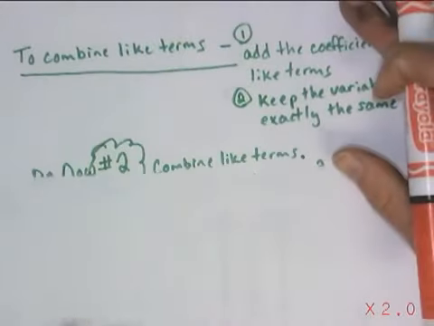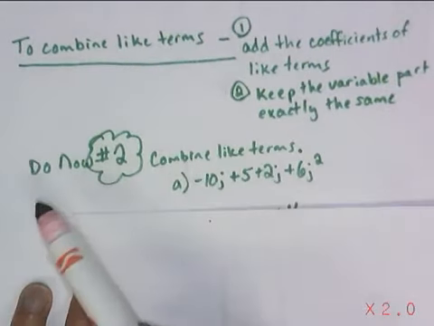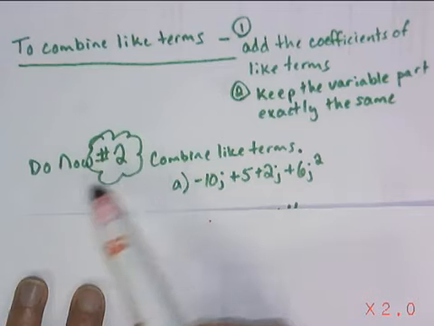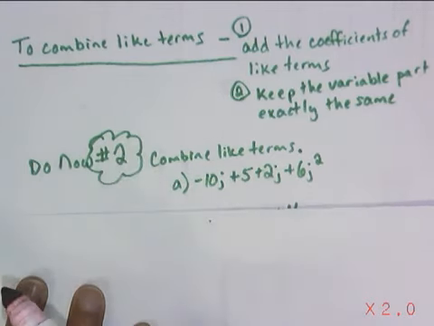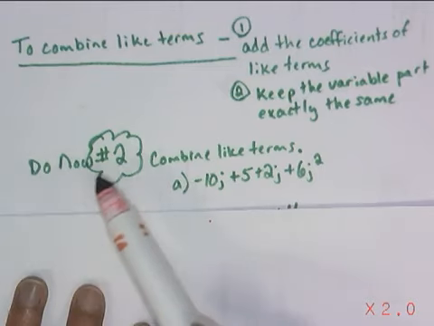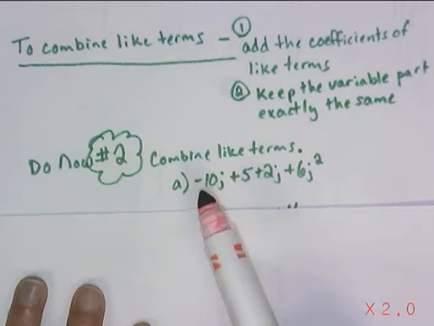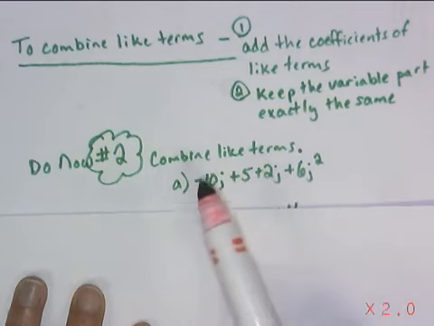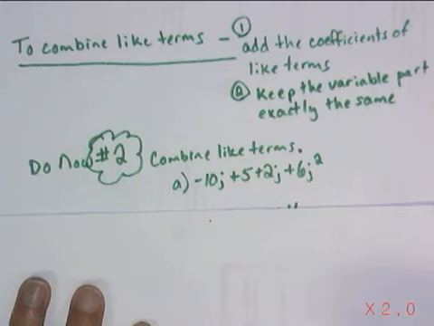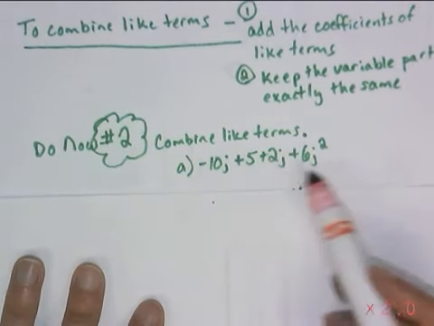On your own, I would like you to copy down this next example. And we're going to call this do now number 2 and put a big old cloud around it. Okay? So your directions for do now number 2 are to combine like terms. And then you have a 1, 2, 3, 4 term expression that we'll call a polynomial. So take a moment, combine like terms,